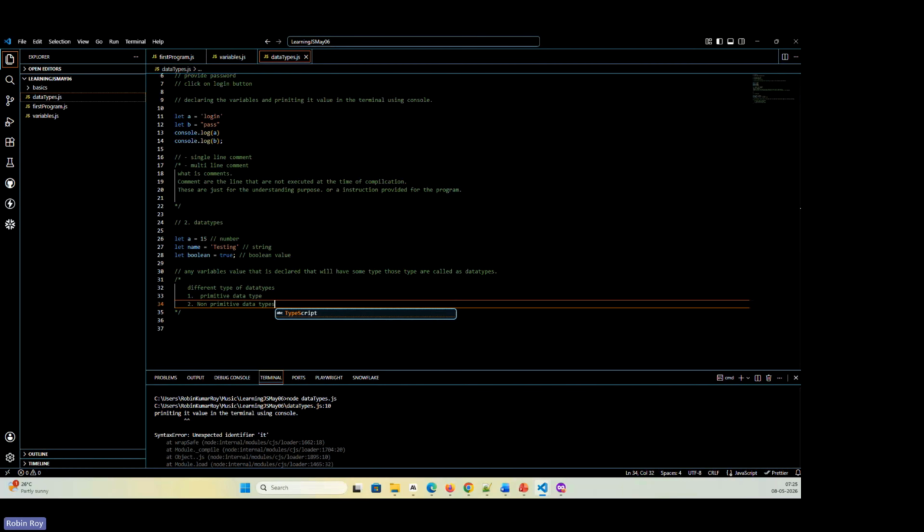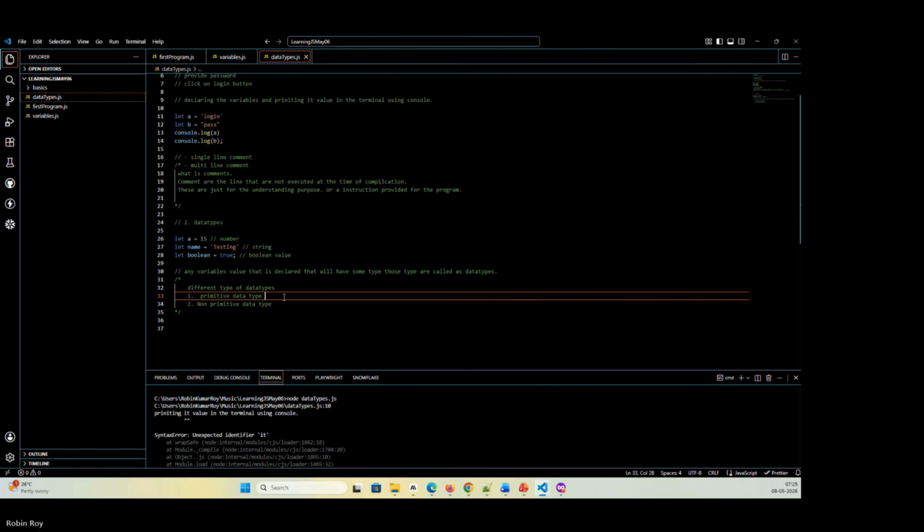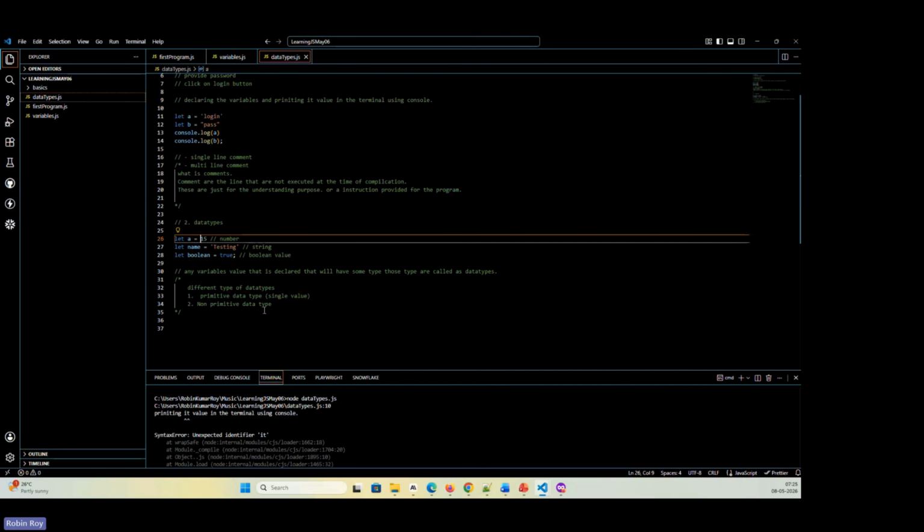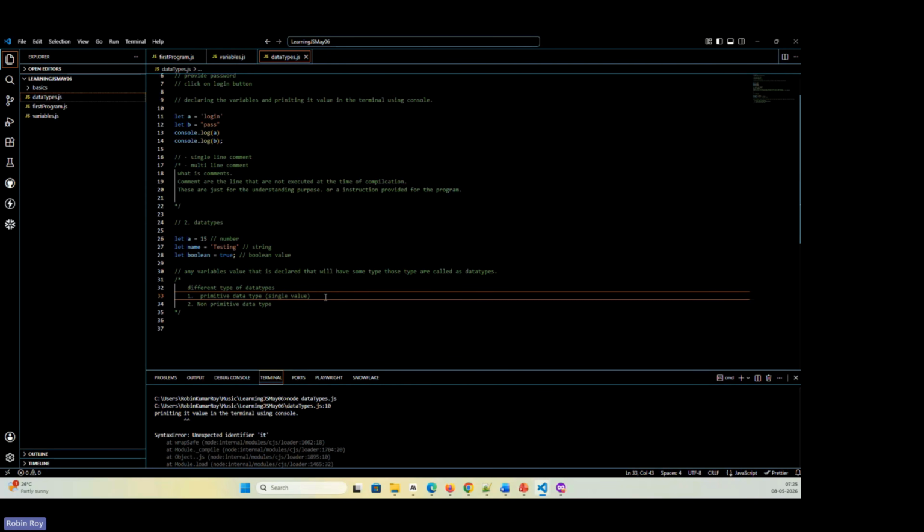Okay. So first one is primitive data types, and second one is non-primitive data types. So primitive data type is nothing but it will represent a single value. When I say single value, it means this is 15. Let a equal to 15. When I say primitive data type is represented with a single value, it means let a equal to